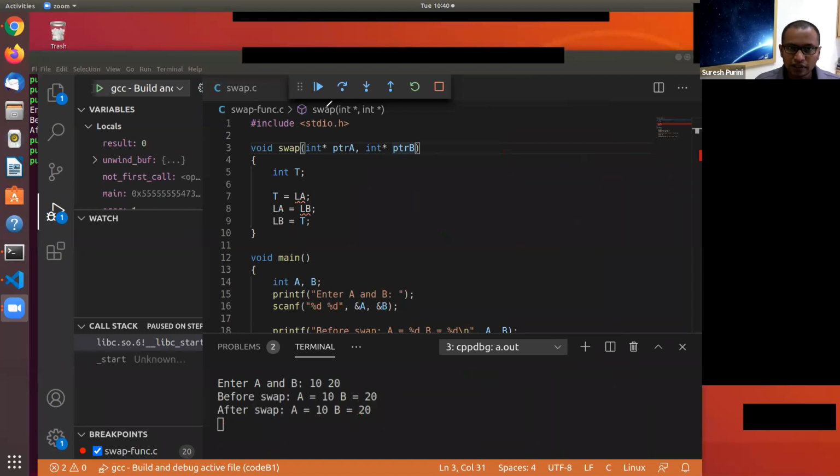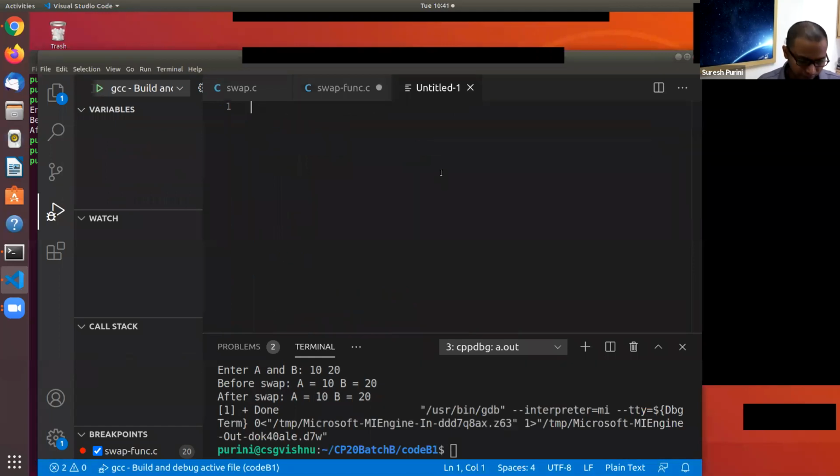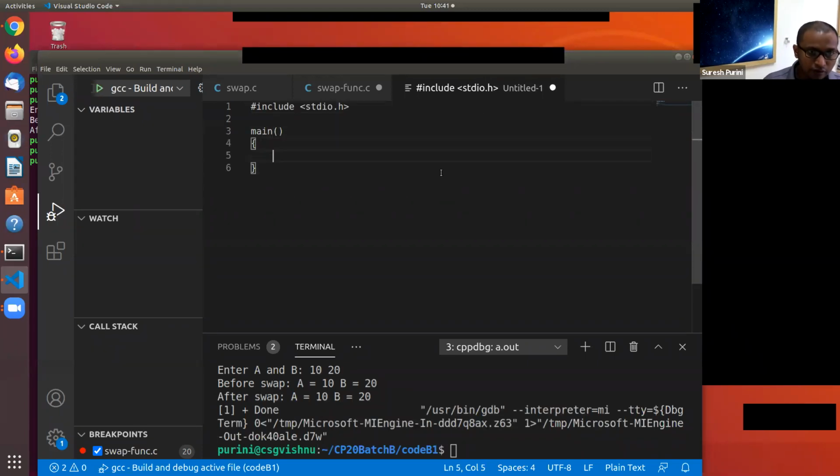Okay, so now let's see. Hash include stdio.h. So main. So I have int A, int ptr.